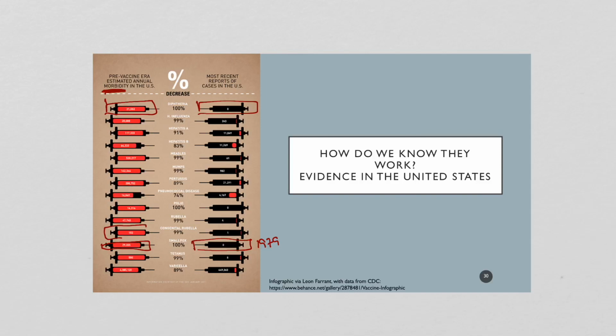Congenital rubella, which was really, really bad. Children being born with congenital rubella syndrome with deformities, 152 every year. After the vaccine, 1, if that. There's been a lot of years with 0. Polio. Remember polio? No, you don't, because we haven't had a case of polio in the U.S. in forever. So now we're at 0 for that.